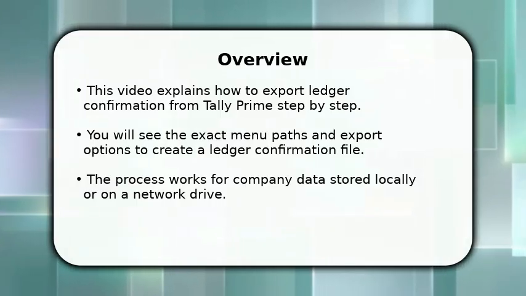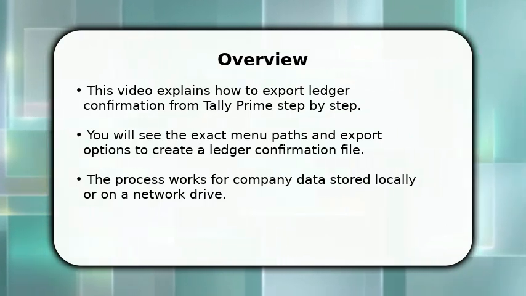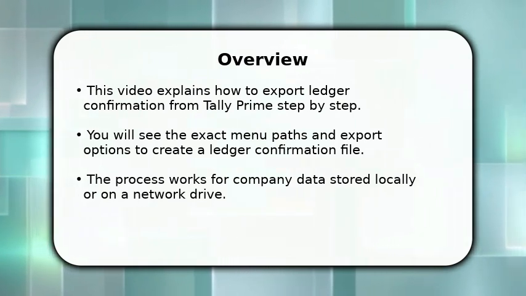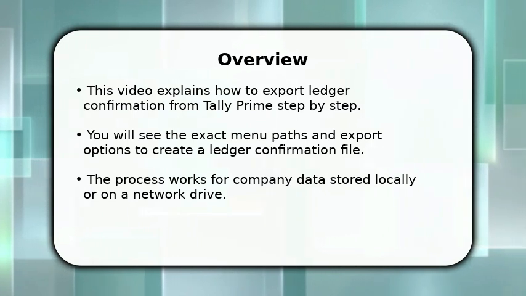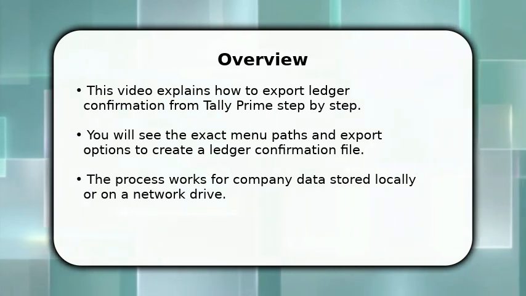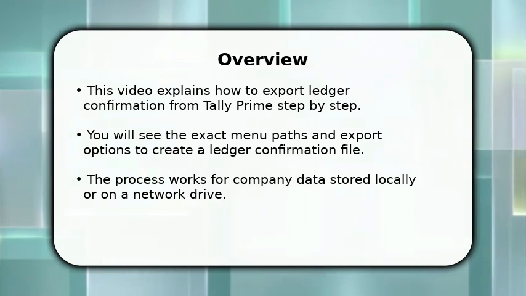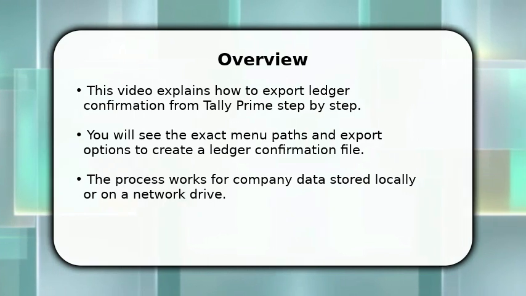In this video, I will show how to export ledger confirmation from Tally Prime. Open Tally Prime and go to Gateway of Tally, then open the Account Books menu and select Ledger. Choose the ledger you need, press Alt+E to export, and pick the file format and destination. Confirm export settings like date range and narration options, then export and verify the saved file in your chosen folder